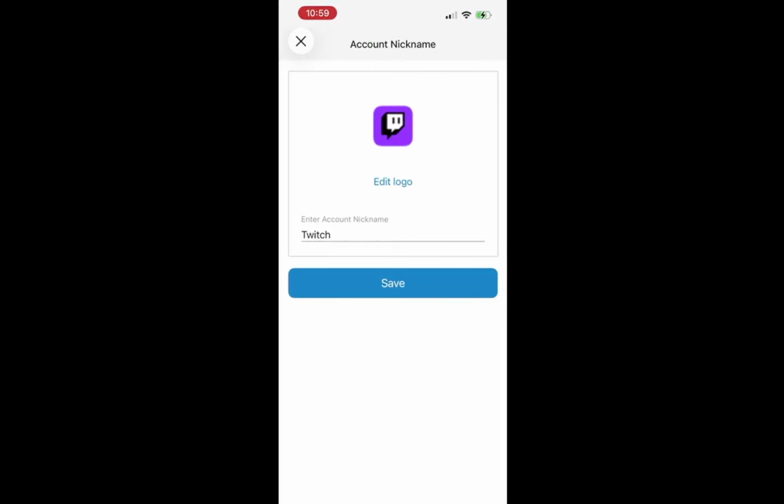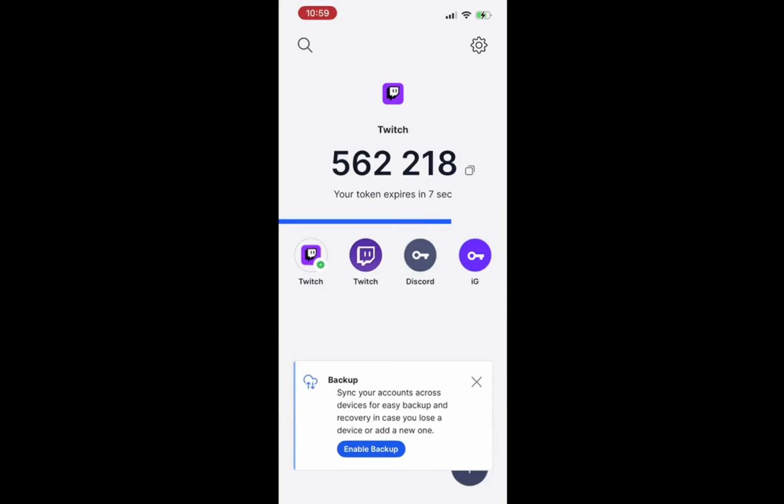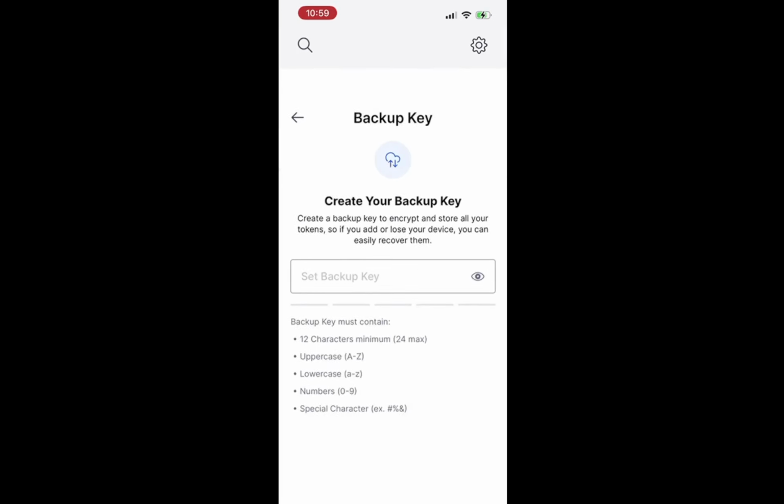Lastly, remember that Authy does offer encrypted cloud backups and device syncing. This feature allows you to restore your tokens on another phone by simply signing into Authy with the same phone number and backup password. This means that even if you switch devices, your tokens remain secure and easily accessible. Always ensure you have these backup options set up as they provide an added layer of convenience and security.